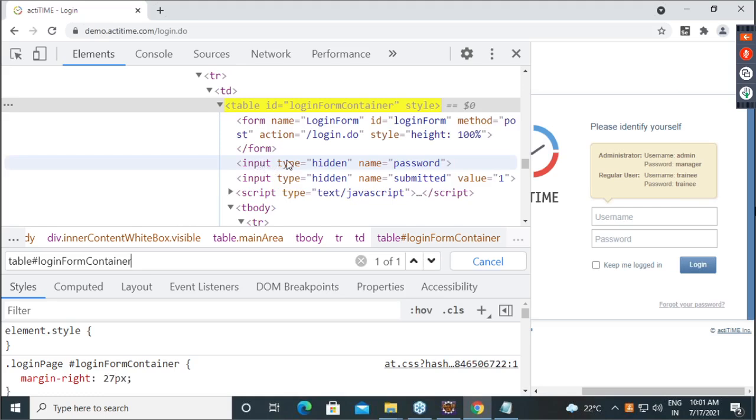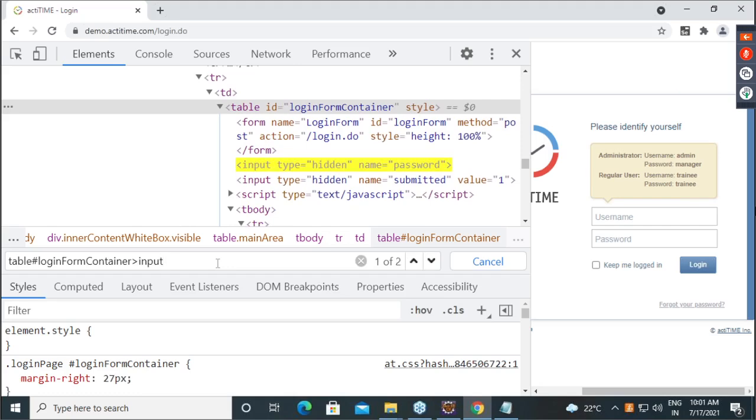Let's say this is my required element. To go here, just give an arrow. This is the greater than symbol technically, but here it is an arrow mark. So give an arrow where you want to go: input. Is it finding two inputs?